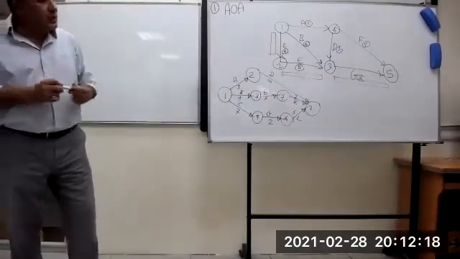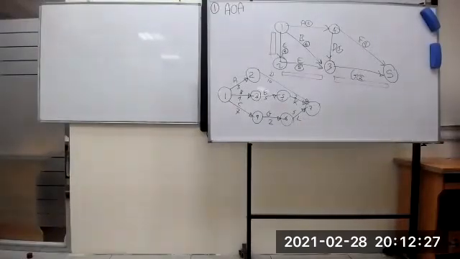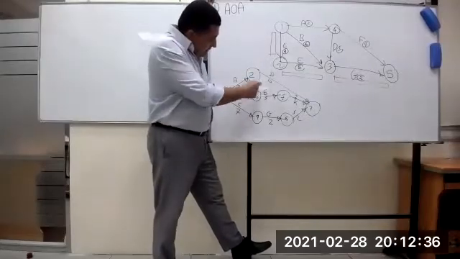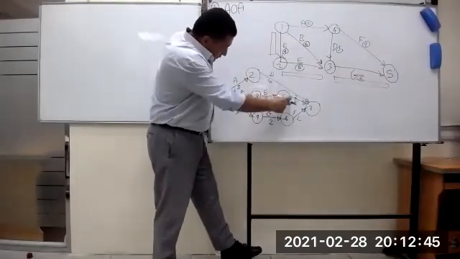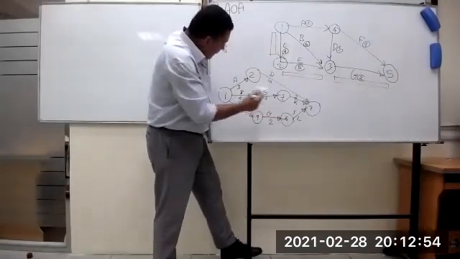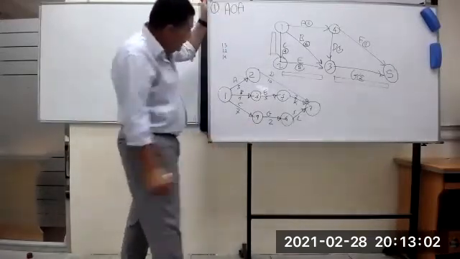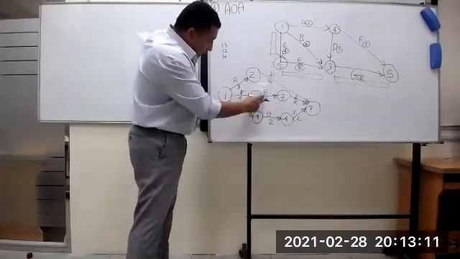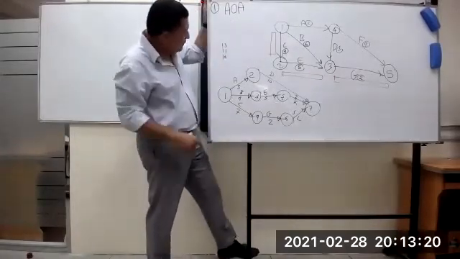Still 8. What is the total duration for the project? When he tells you total duration for the project, look for the longest path. I have 3 plus 10, 13. So here 13. I have 4, 9, 2: 4 plus 9 is 13, plus 2 gives 11. And 7, 2, 9, and 5 is 14. Correct? 14. This is 13, 4, 5, 9, 11. And 7, 2, 5 is 14. The longest path is